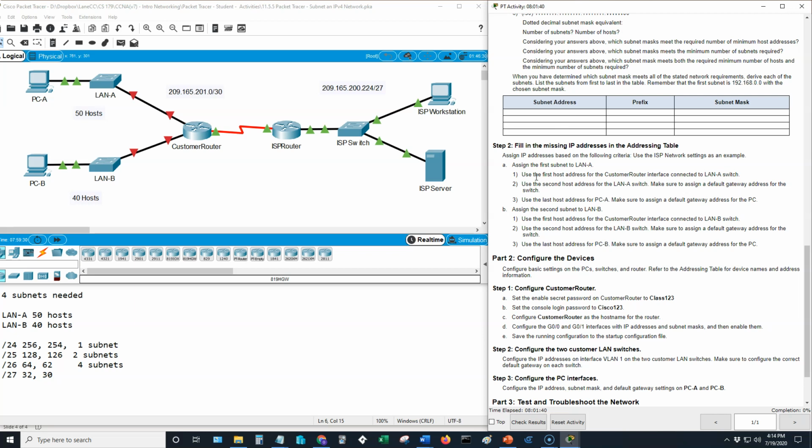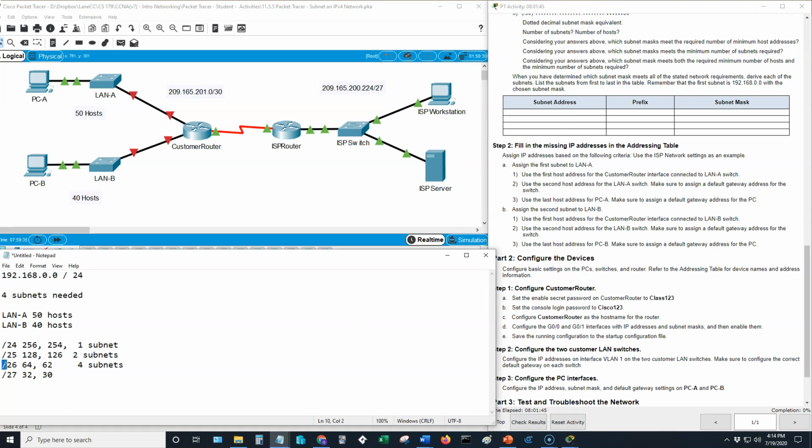It says assign the first subnet to LAN A. Okay, so we said that the /26 mask would be the appropriate one for our uses. So I'm going to scroll down here, and we'll put subnet 1,